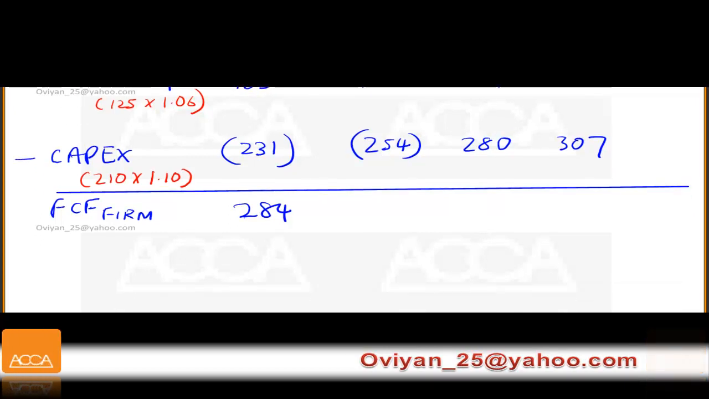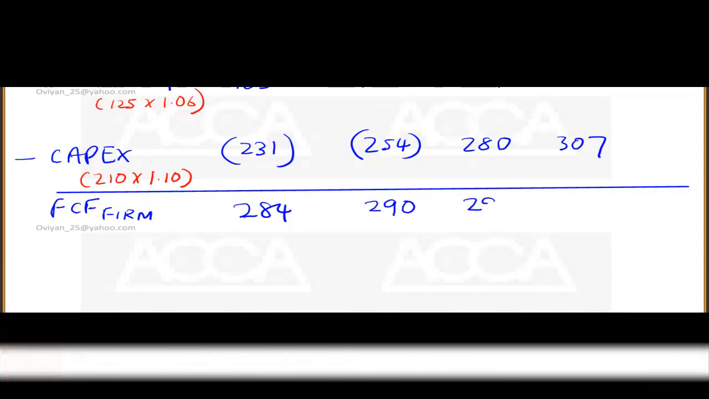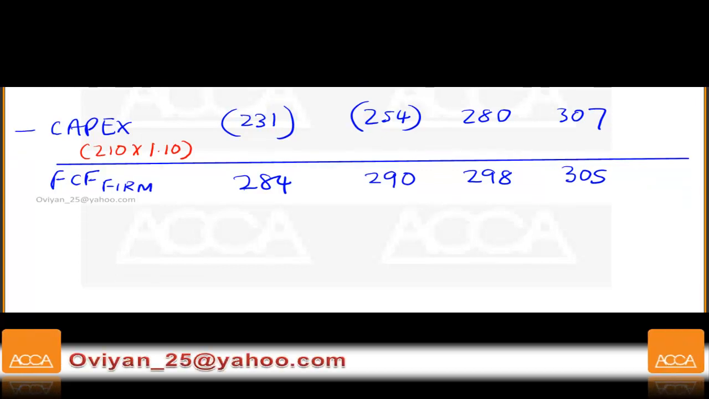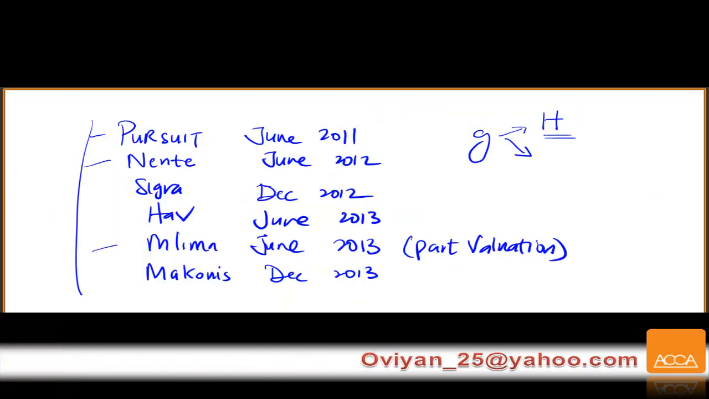Okay, I believe you have found the answers. You got 290 and you're right. If you got 298, you're correct, and the last figure you should have got is 305. And you must remember that with this question, usually, if you've done most of these questions, sometimes they'll give you a